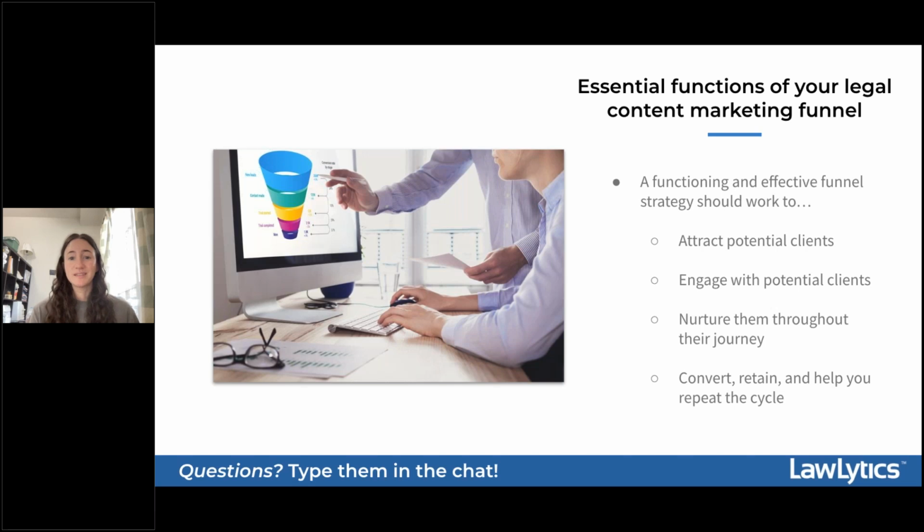If your marketing funnel is designed with intention, it should work to attract potential clients on search and engage them with informative and high quality content. It should work to capture their contact information, maybe through some sort of contact form on your website. It should nurture them throughout their journey with additional resources on your website, or maybe through things that you post on your social media. It should convert them into paying clients, but it should also retain them. And finally, the funnel should also help you ask for referrals or positive reviews. So let's break down the funnel and go through those 4 stages together.